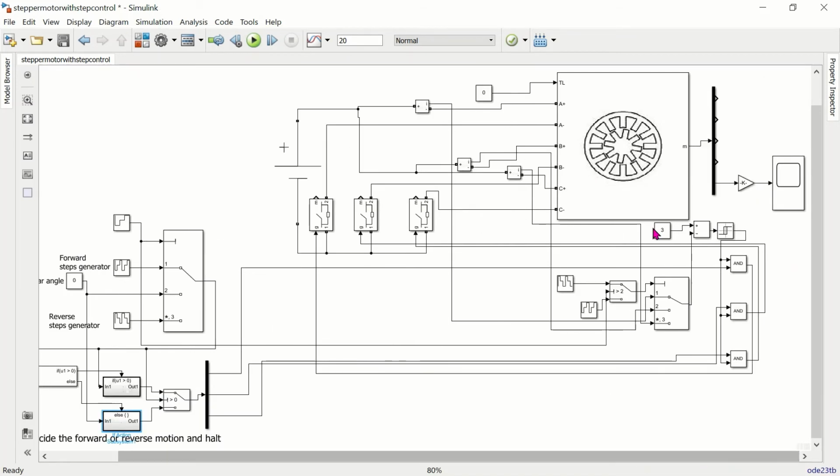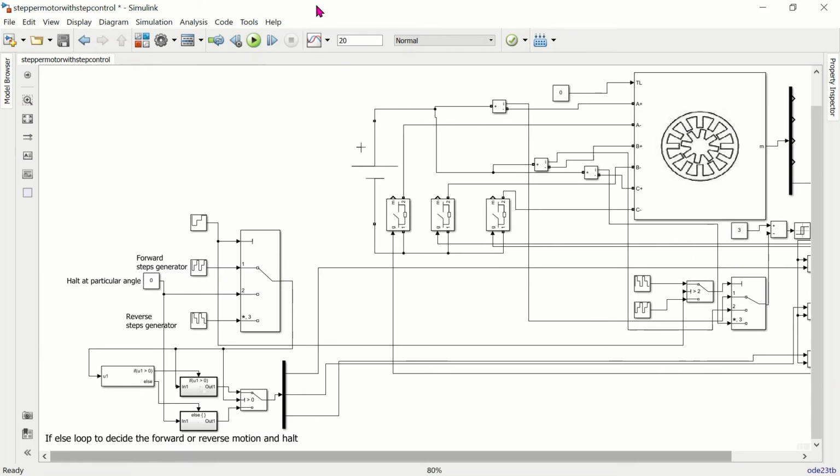Here, this is the current control loop which decides whether the motor is running in the forward direction or reverse direction. So we have to measure the current in the sequence. If the motor is running in the forward direction, we have to select from 1, 2, 3. In that order, we have to select the current and control the current. If the motor is in reverse direction, we have to select the current 3, 2, 1. So it is a selector, it selects the current and it is controlled here with the help of this logic circuits. Okay, now we will run the circuit and we will check the output.